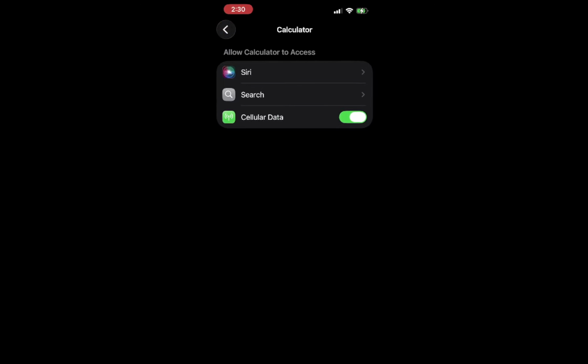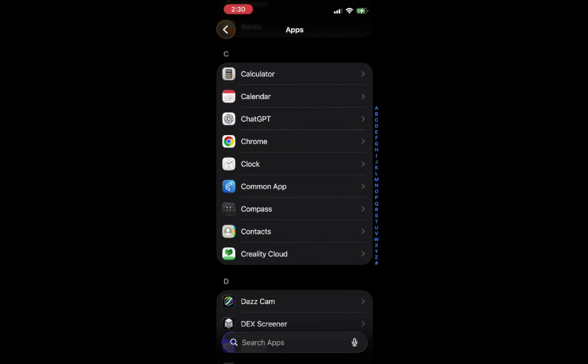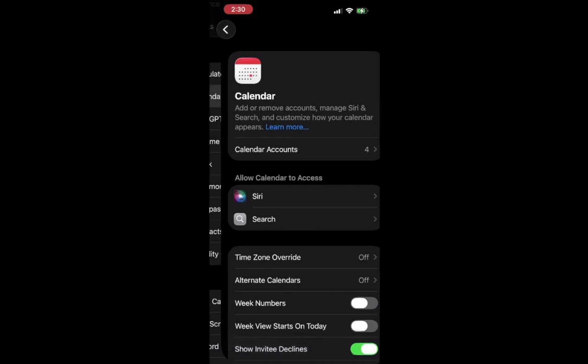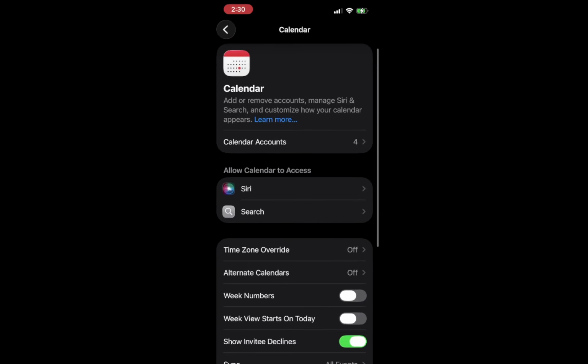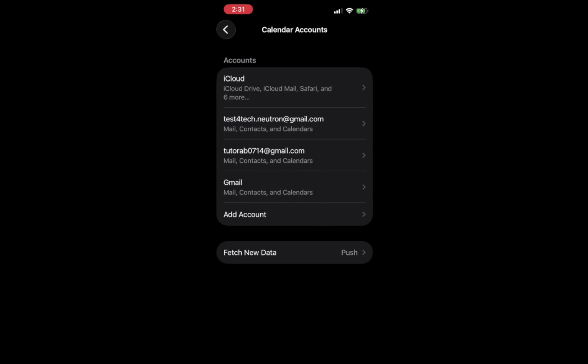This step is crucial because it enables you to add your Google account, which is necessary for syncing. You want to ensure all your calendar events are organized and easily accessible. Once you reach this section, you will be ready to link your Google account seamlessly.